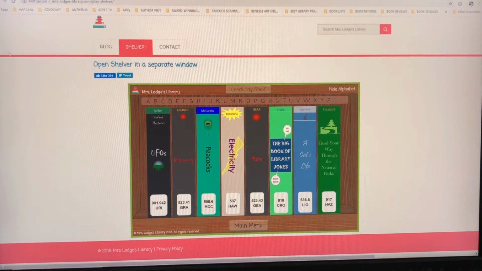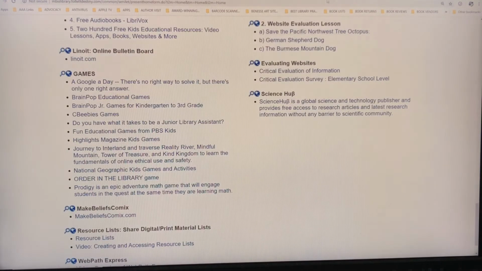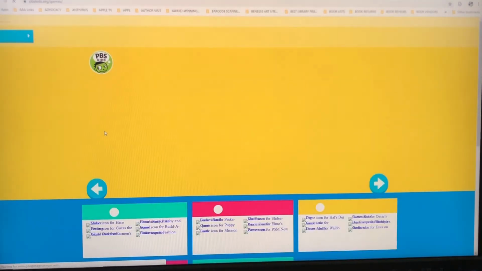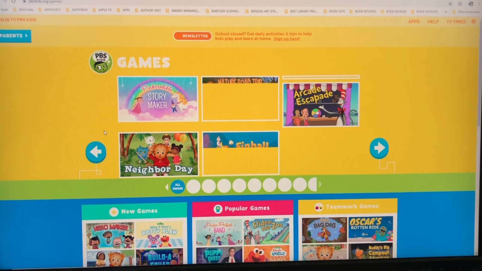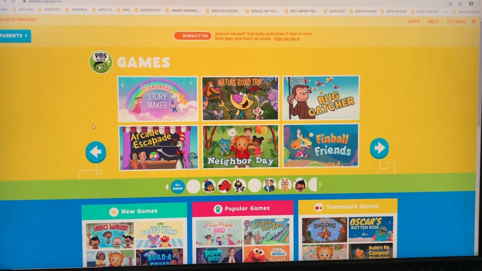Take that challenge. Let's go back to the games page again. And this time let's go to PBS. PBS is, I believe, the Public Broadcasting Service, and it's something I grew up with in America. Lots of educational TV, quality TV, sort of like the NHK of America. So these are educational games, okay?